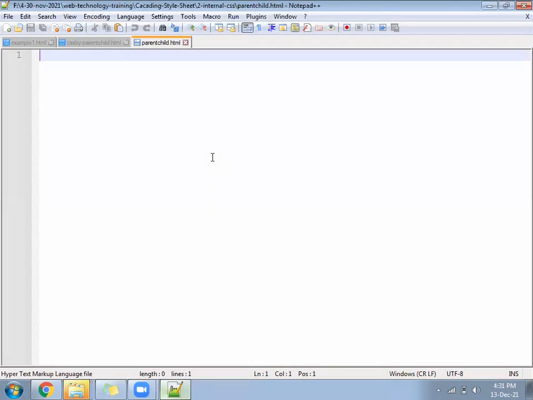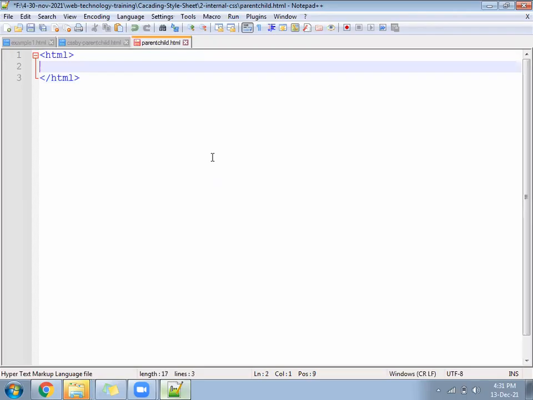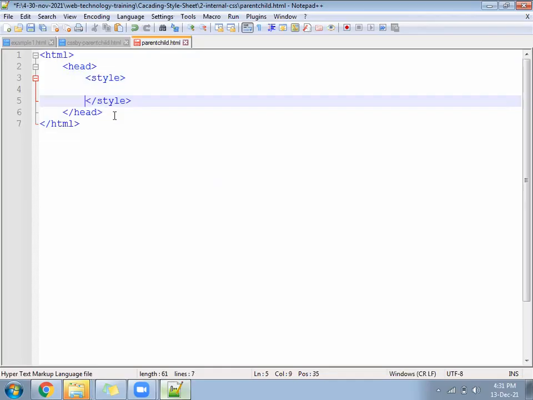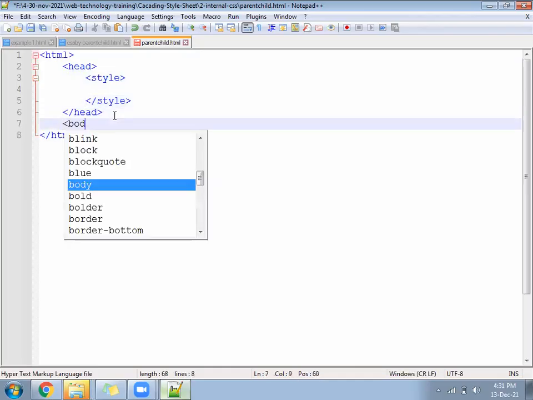Come inside. Start from HTML. We'll follow the header section. Follow the style inside. Now follow the body also.